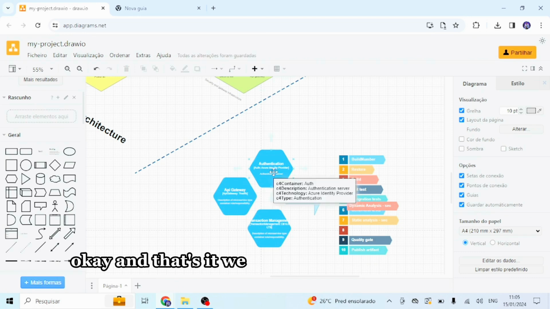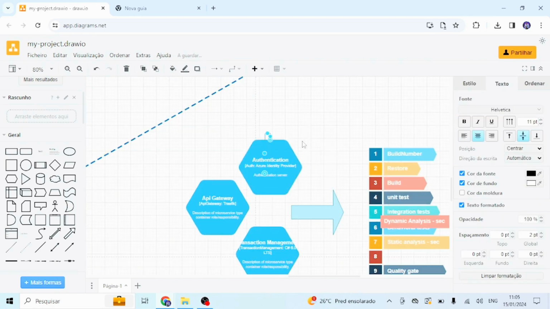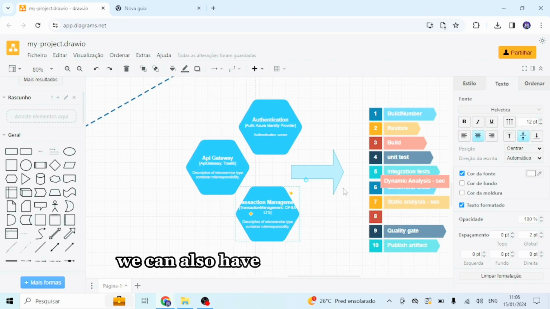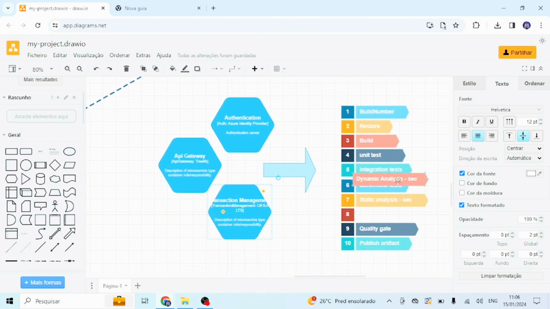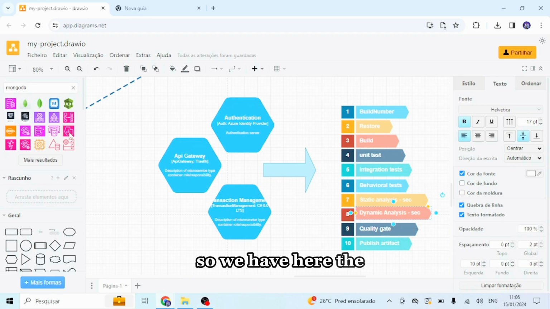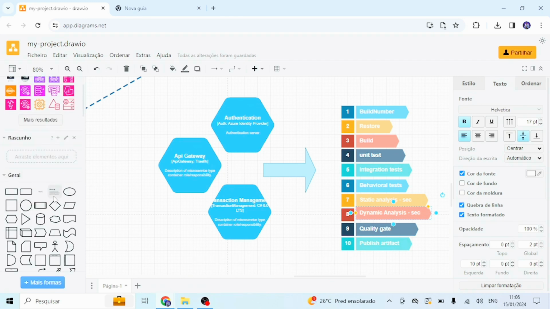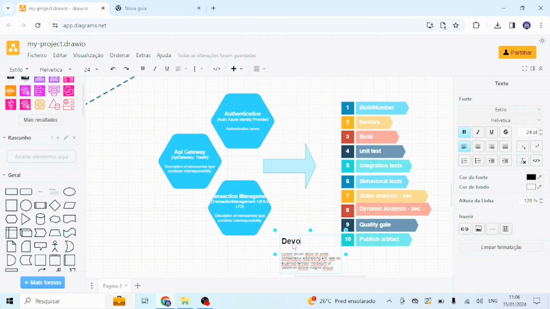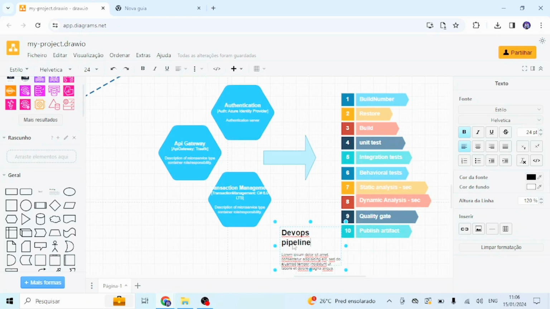Okay, and that's it. We have the authentication one, the API gateway, transaction management. We can also have the reporting service, and that's it. So we have here the DevOps pipeline, and this is a microservice